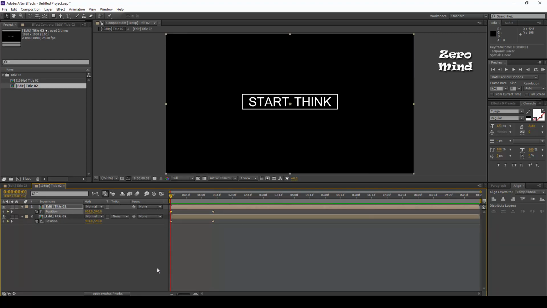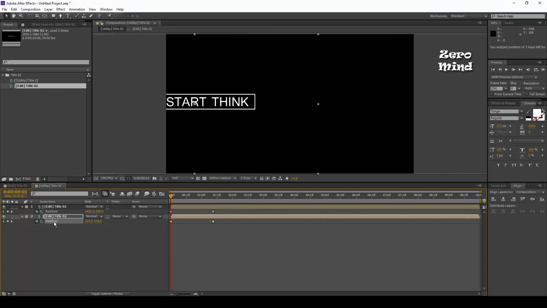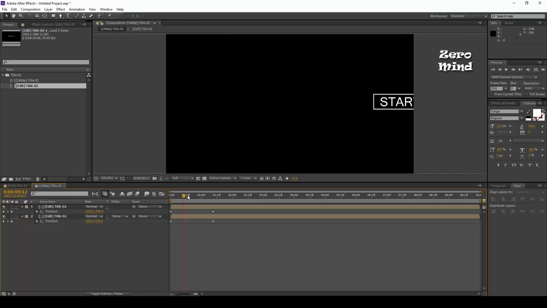Now select the first key and move your animation holding down shift and arrow. Now this one, again select this one and move, holding down shift arrow. Now the animation is done here.